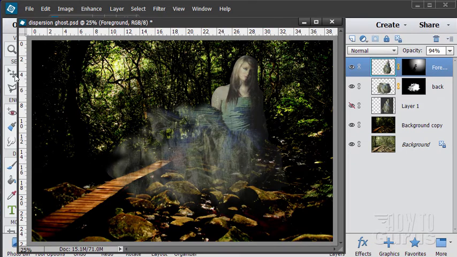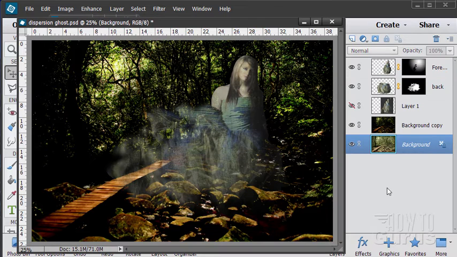Now, when I finish this, there'll be a lot more that we could do, but we'll just be taking you through the basic steps of how to do this. This uses a trick called a dispersion mask, and it's a technique that's been used a lot. It's very popular on sites like YouTube, and you'll see people with things splattering off of their heads and stuff. I personally don't like that kind of artwork, but I like the technique. It's an interesting technique, so we're showing you how to use it, and that gives us this kind of